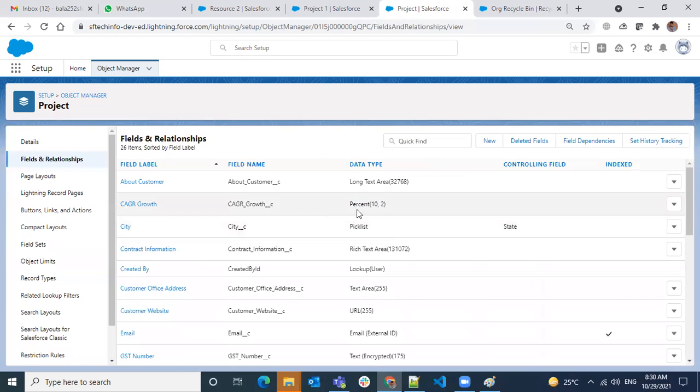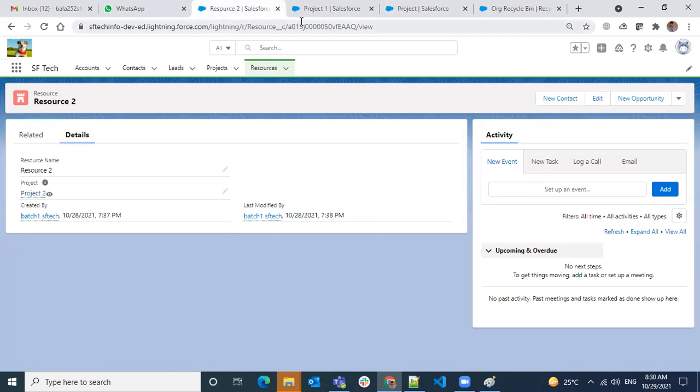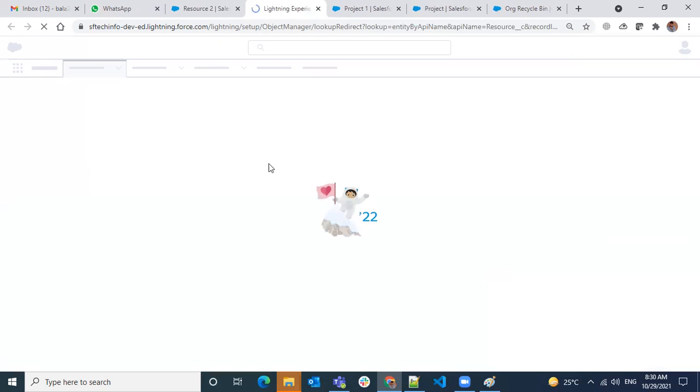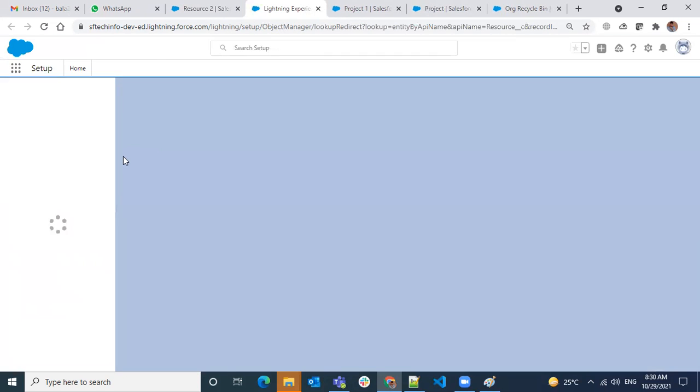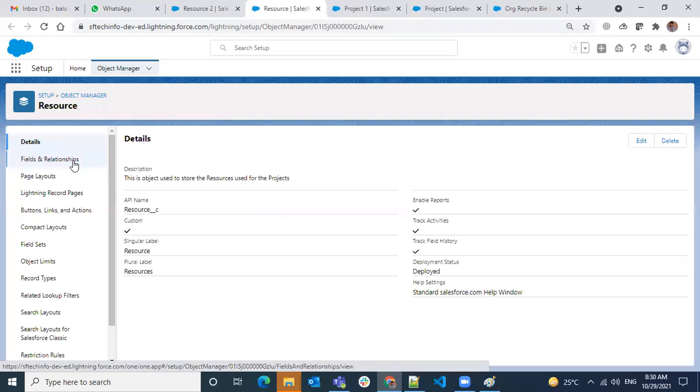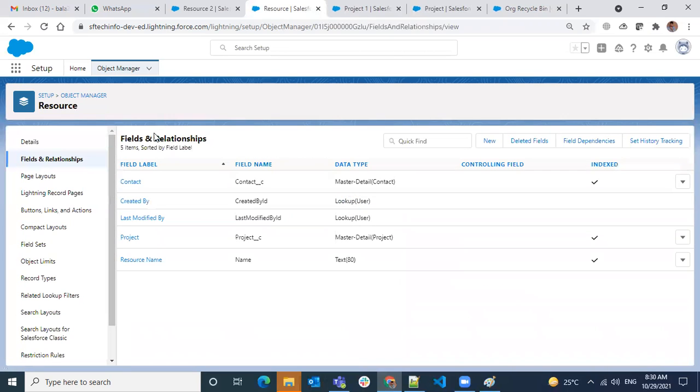And okay, let's do some summary. First, before doing a summary, we need some fields on the resource. Okay, edit object. I want to create some fields. What do you think the fields are that we can summarize on resources?